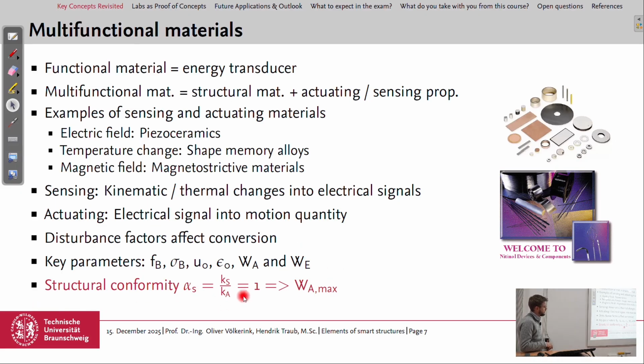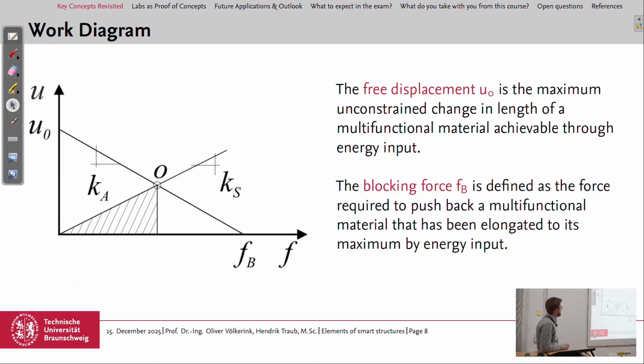In our really simple example with the spring model, we have by definition that the stiffnesses agree, so the structural stiffness of the surrounding structure equals the stiffness of the actuator, and then the work capacity of the actuator is at a maximum. Then we introduced the work diagram,